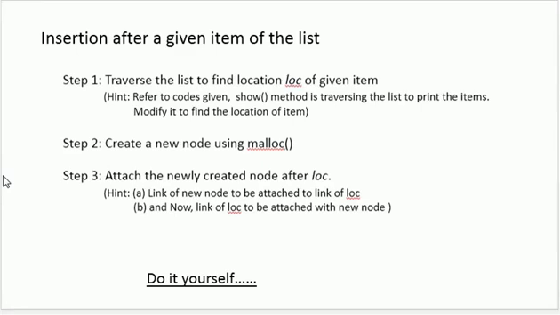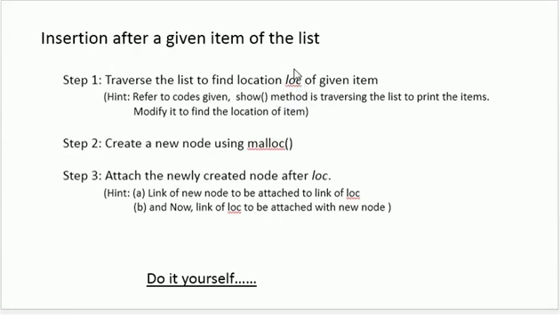So how to traverse the linked list? I have already told you how to traverse the linked list. If I am printing the values written within the linked list, starting from the start pointer and going until I get that null pointer, it means I am traversing the linked list. So if I know how to traverse a linked list, I can always find the location also, because we know how to do the linear search. So we are going to apply the linear search. You can see that show method where traversing is done, and you can write something where I am finding the location of the item.